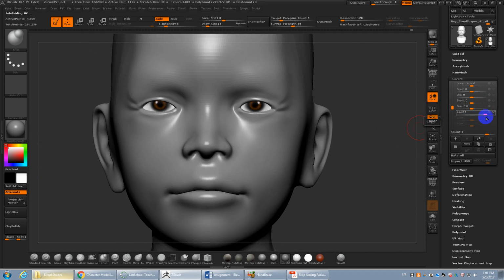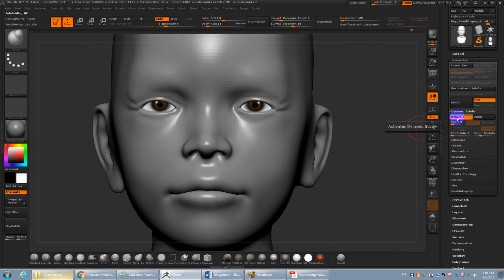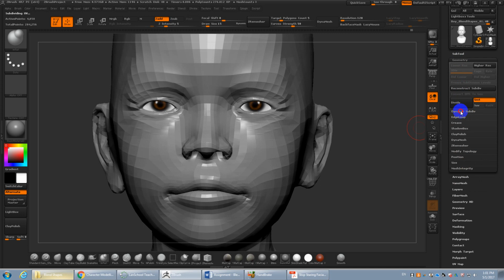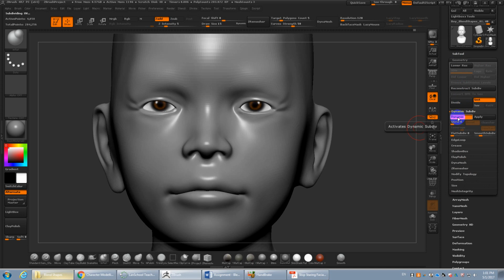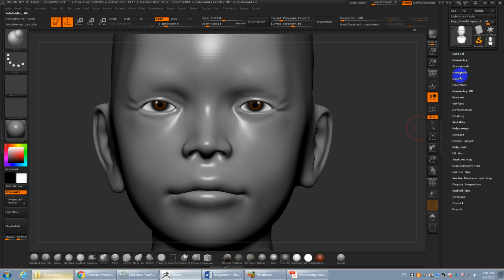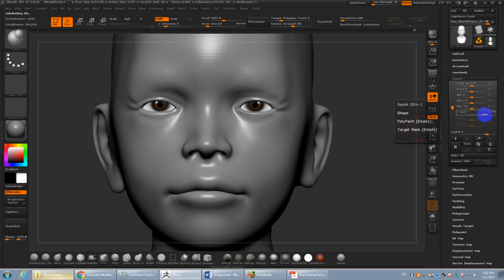If we hit D, you can kind of get a preview of what's happening. It does a temporary smooth, which is under geometry, dynamic subdivision. But I wouldn't keep that on when you're working with layers. When you turn them off, if you wanted to see what it might look like with Maya smoothing, you can do that with dynamic subdivision. So you see that squint, and if you mix in a blink,